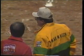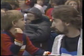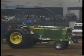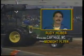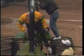Scott Snyder, 219.33. That is the War Wagon driver of Chris Little. He is already assured of being in the pull-off as we have got one to go. Richard, we just heard there's a possibility Chris may not be back. He and the crew are discussing they may not come back for that pull-off. That could be tough. Engine problem. Well, we don't know. The word is rumored around that the John Deere may not make it back, but